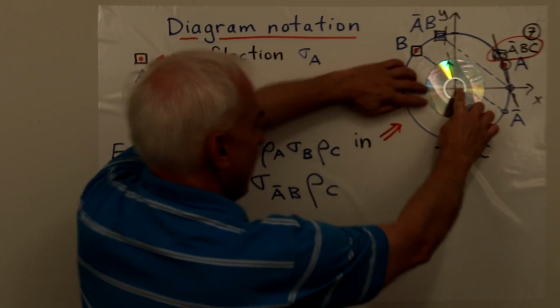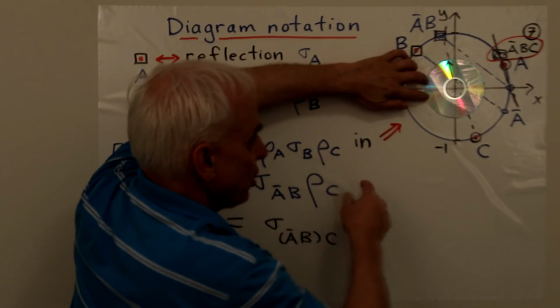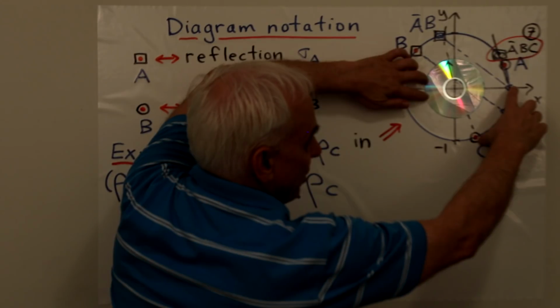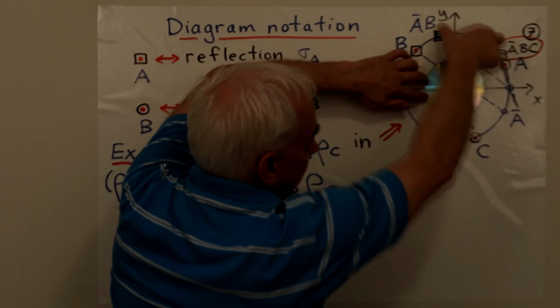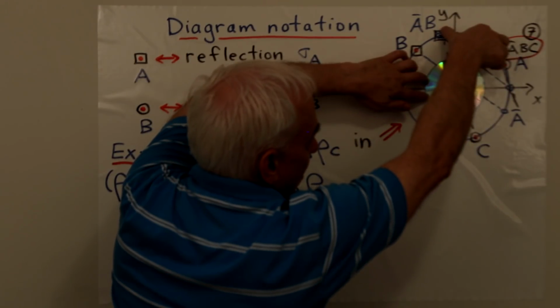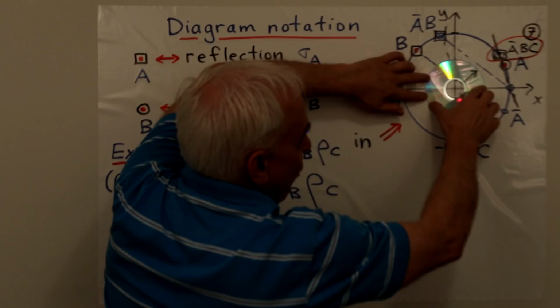And now I have to follow it by a rho sub C. What is that going to do? So that's the rotation that would take the identity down to there. So that much rotation. Well, that much, about the same as that much. I could actually transfer that over there if I wanted to, but I'm just going to eyeball it. I'm going to get that.